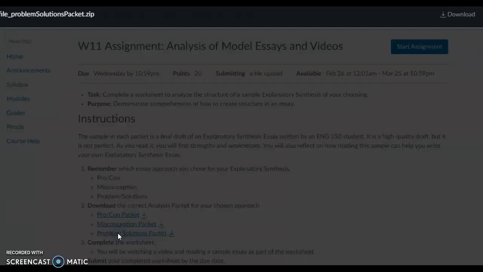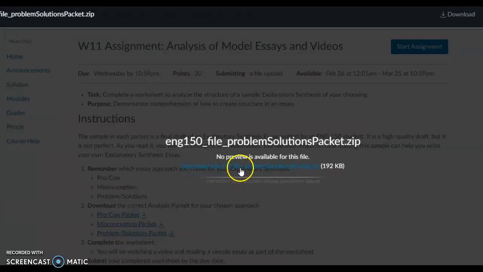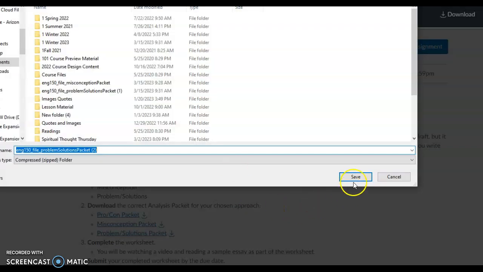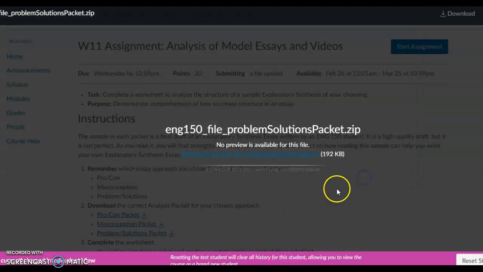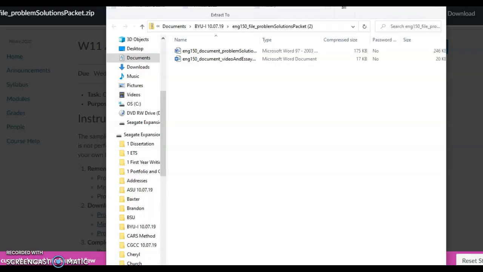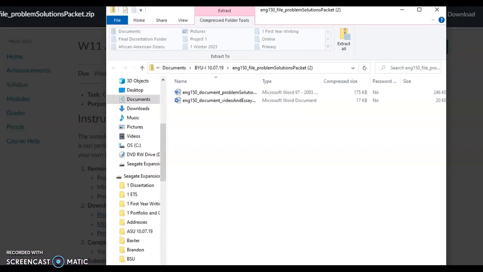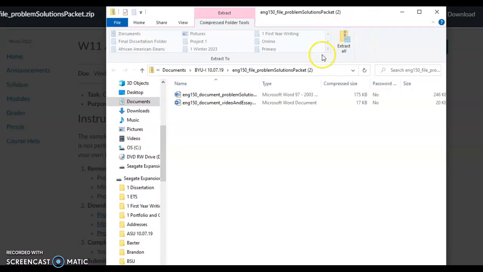So click Open Problem Solutions, and then you will want to download it right there. And I'm just going to download it right there. Then we're going to open this up, and let me move this down a little bit so you can see. All right, so right here, before I can open, if I just try to open them, I'm not going to be able to. I actually have to go up here and click Extract All,